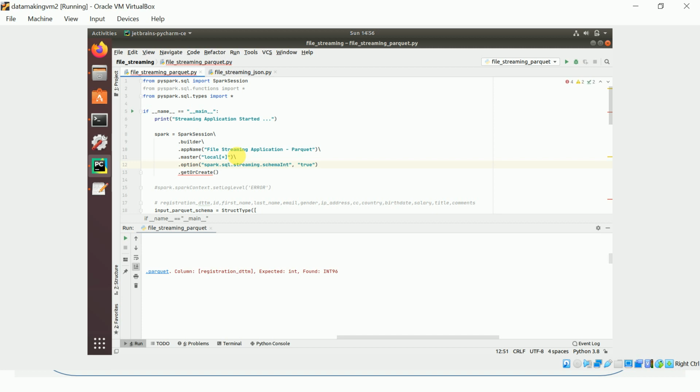It will ask the streaming API to infer the schema. Yes, without schema it will not work, right?